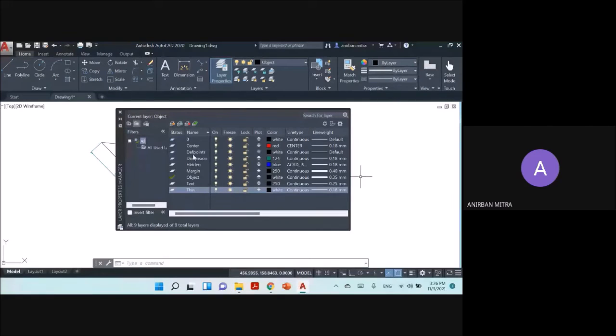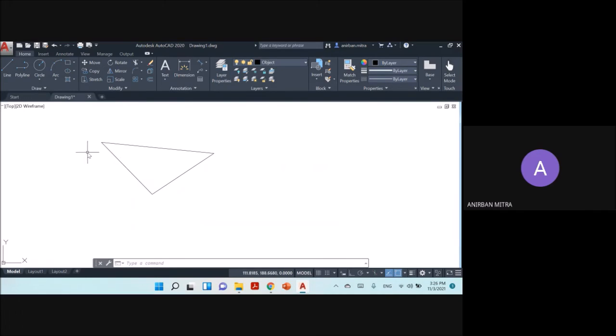Now let me demonstrate what happens if I switch off a layer. Switching off the layer means clicking on these light bulbs. The light bulb is clearly on now. That means the layer is switched on. Now if I click here, this light bulb is switched off. And the effect you can see over here, that the dimension that I provided here is not being shown. Again, I reiterate that it is not deleted, but simply removed from this drawing space. But the information is still retained.